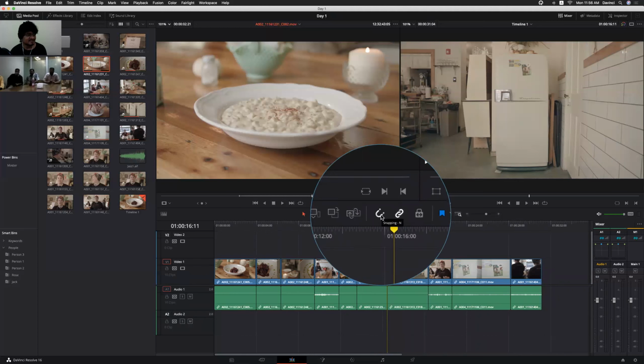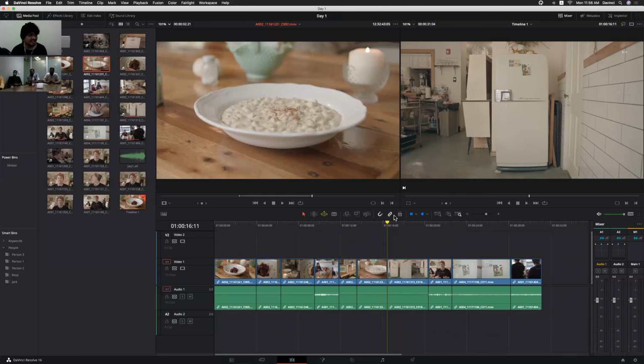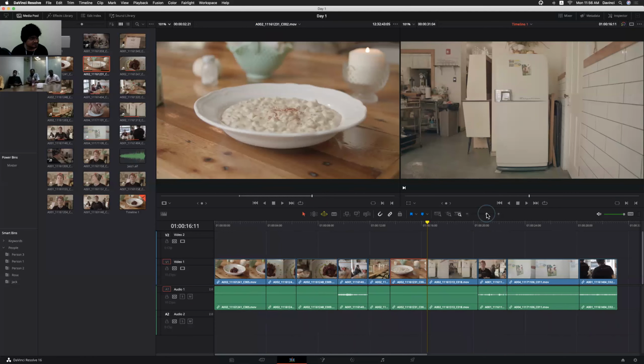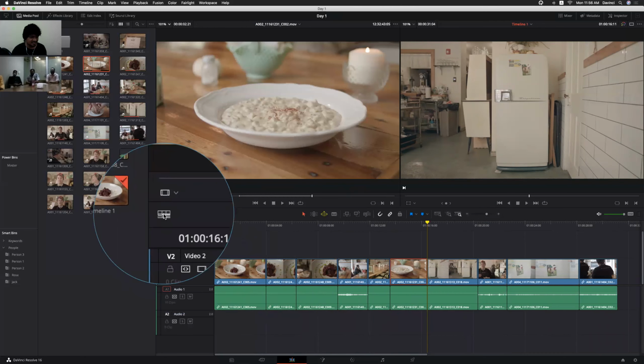By seeing the symbols, you already know these tools, the snapping and the linking and everything. And we can even use the Option or Alt key without disabling the link tool. We can select individually also by holding the Option key, right? All right. So we have zoom in, zoom out options. And here is one option called timeline view options.